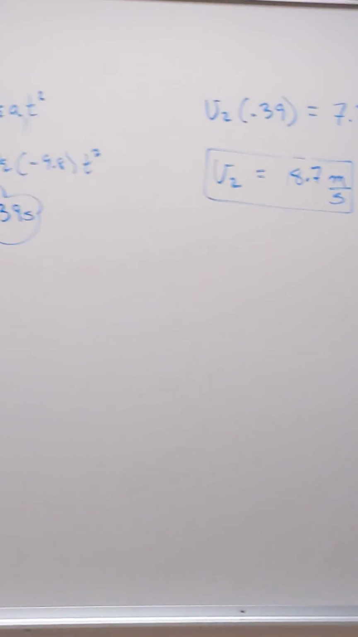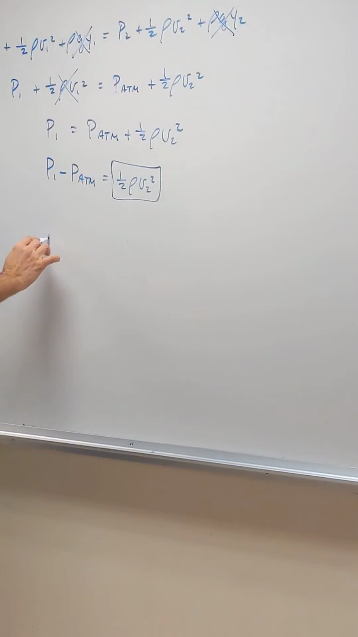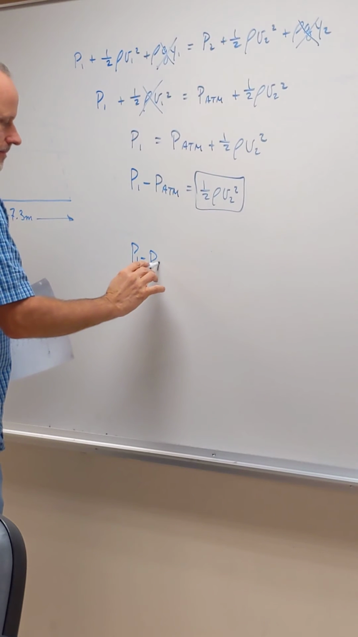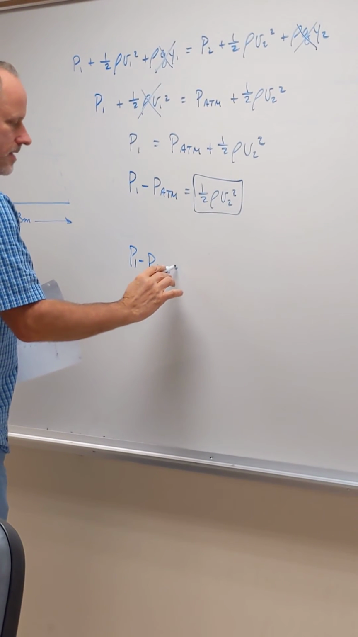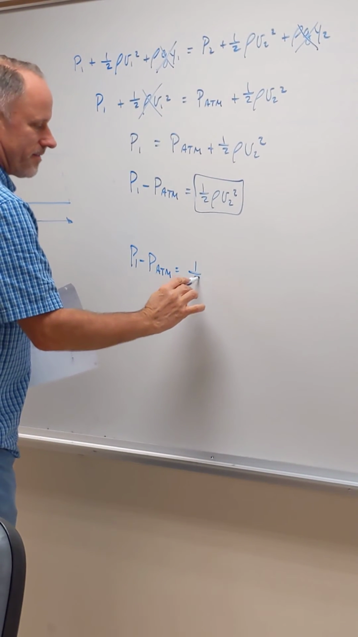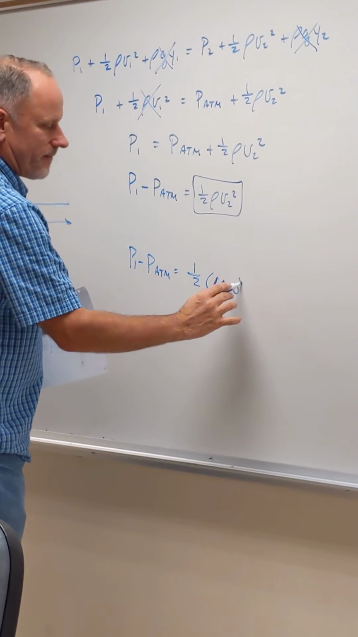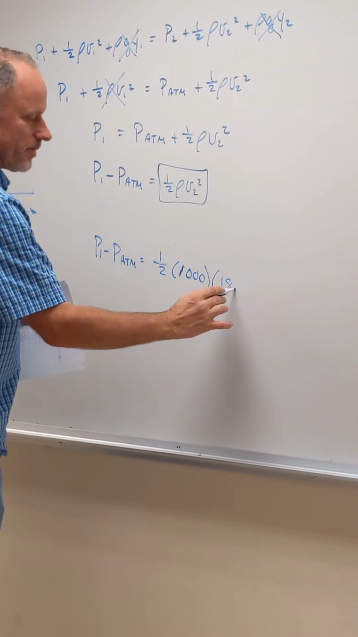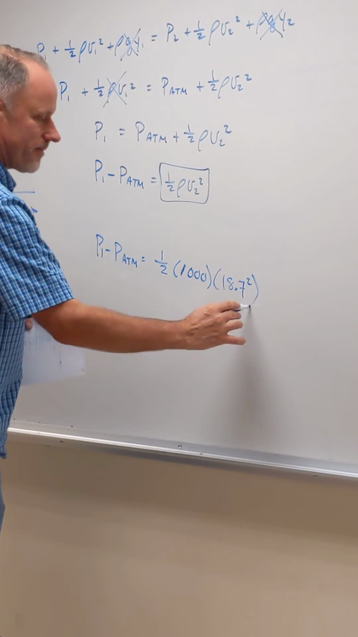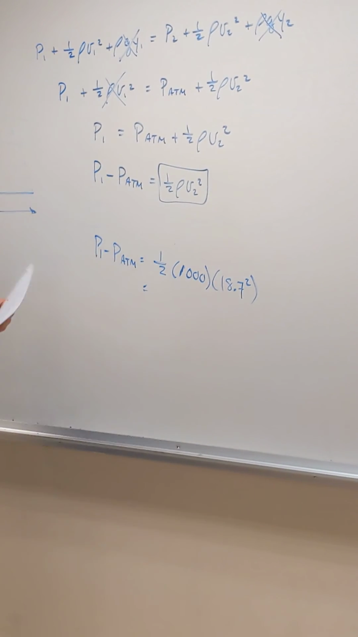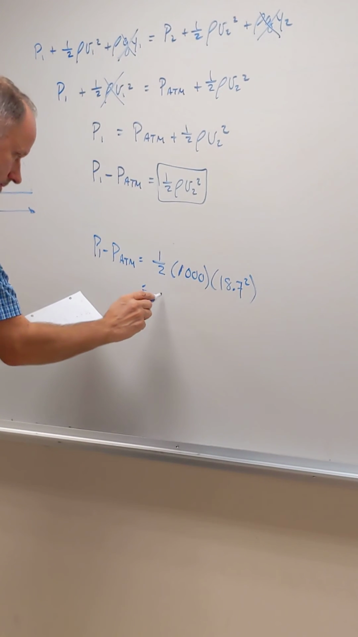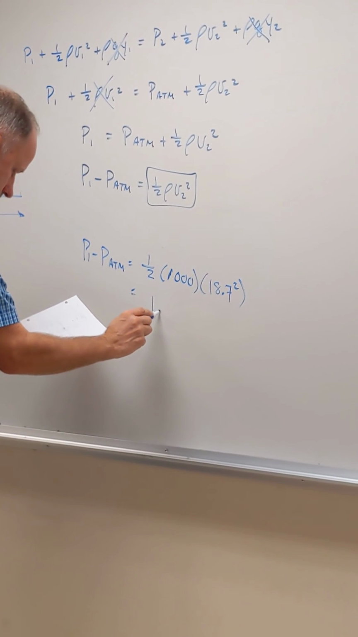And now I can solve the problem. The gauge pressure is 1/2 times 1,000, that's the density of water, times 18.7 squared. And you'll get 1.7